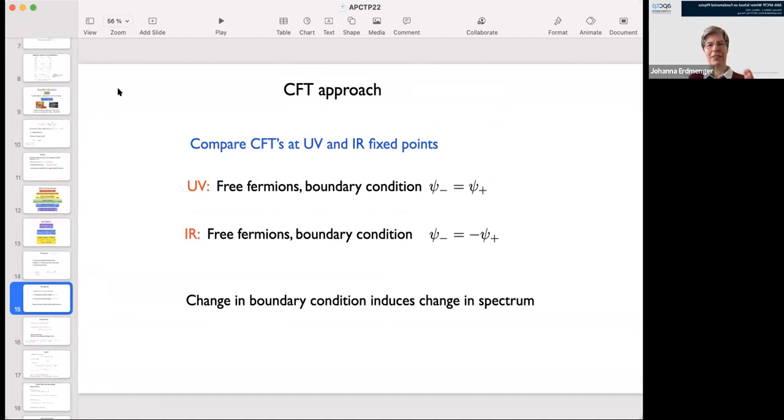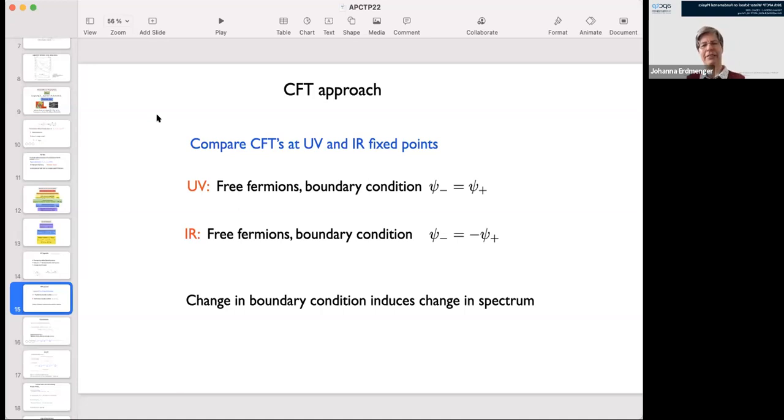Okay, so let me give you the essence of this approach of Affleck and Ludwig, and I will give more details later. Now, the key point of this Kondo model is that really this calculation that I showed to you leads to an infrared fixed point. So there's again a conformal field theory in the boundary theory. And so the difference then between the UV and IR will be precisely the boundary conditions at the defect.